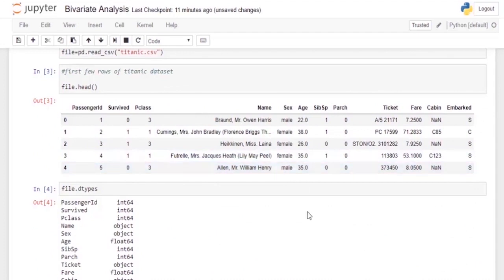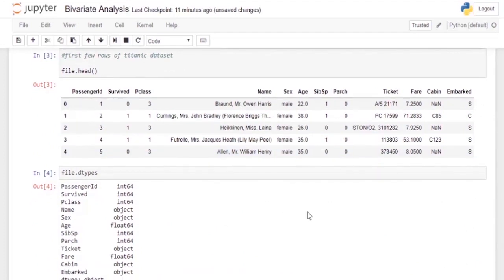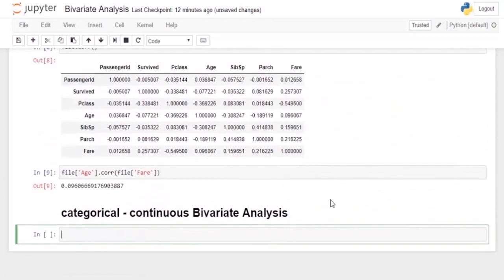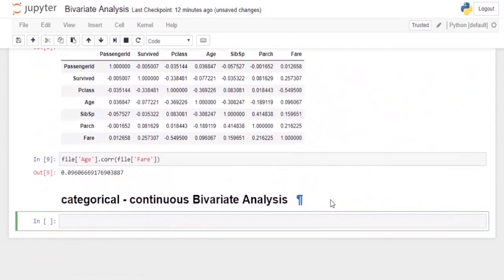To answer such questions, first of all, we can calculate a bar plot. A bar plot will give us a visual representation of the difference between the mean age of males and the females. First of all, we'll need to calculate the mean age of males and females. So I'll be using the group by function and group this data frame using the sex variable, and then we'll be calculating the mean age. Let's just do that.